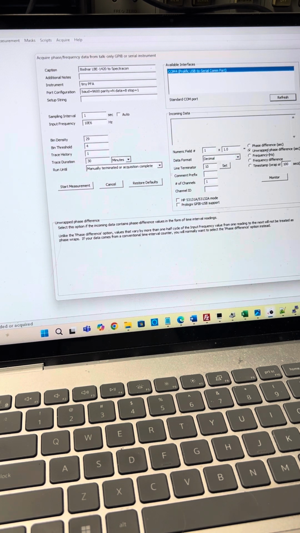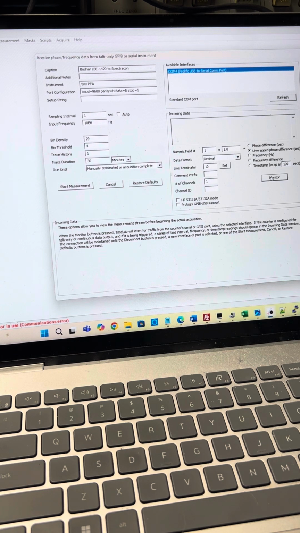I also have unwrap phase difference selected up here because it's one of the better graphs I like to look at. And I can't see that graph unless we unwrap the phase measurements. And so I'm going to click monitor, and I don't have anything because the unit's not yet connected. So let's connect it, and that might change the